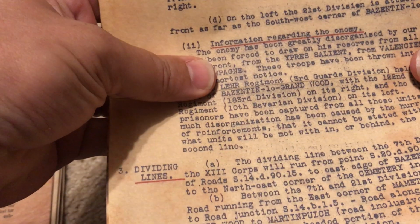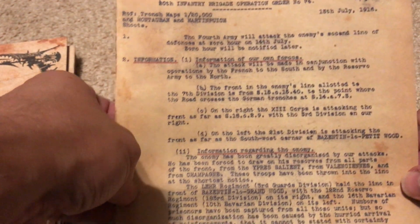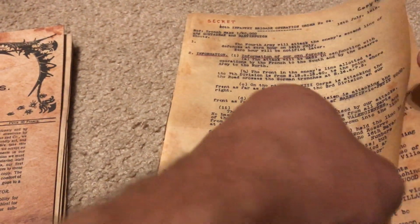Here are orders. Secret, 20th Infantry Brigade Operation Order number 74. There's trench maps. Montauban and Martinpuich sheets. The 4th Army will attack the enemy's second line. And so this is just a playbook of...